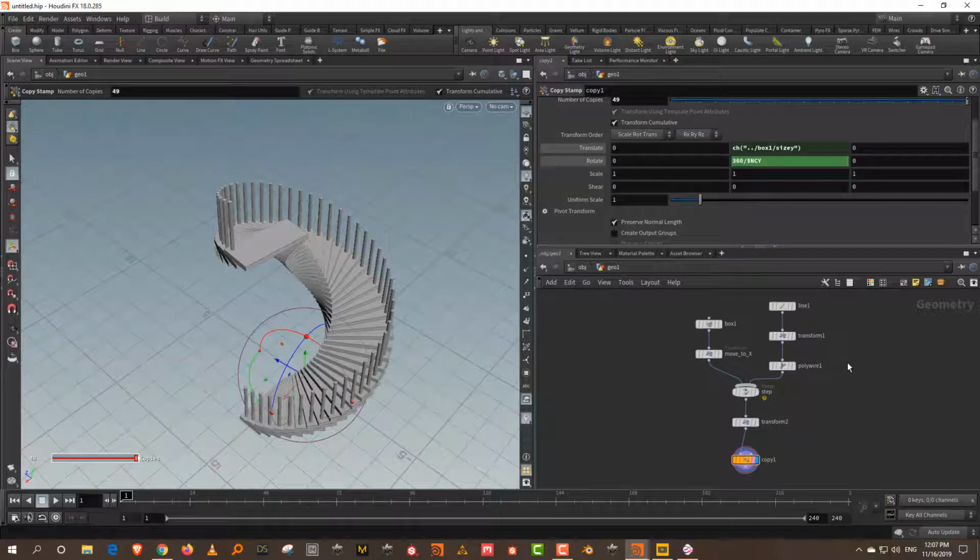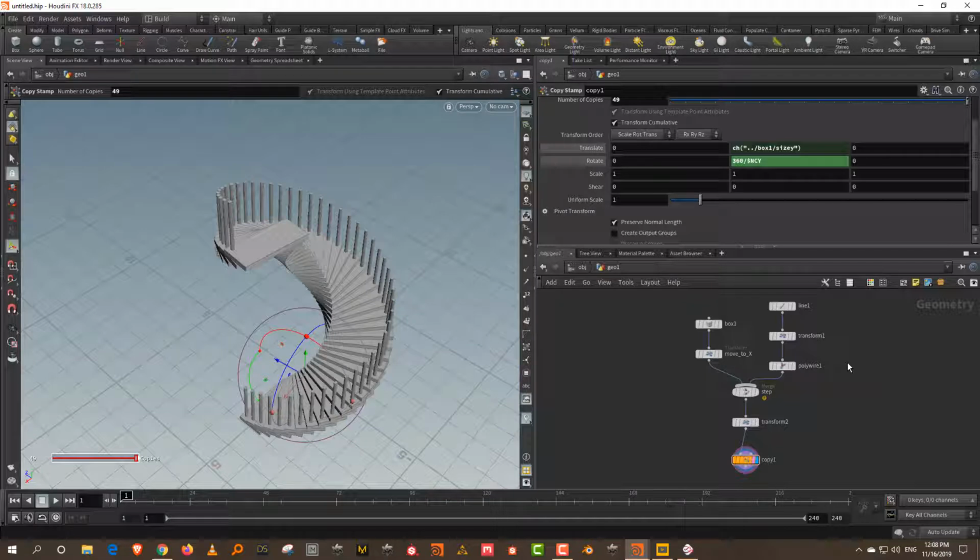So what exactly is an attribute? To keep it very, very simple, an attribute is a value. That's it. It's a value that is stored on either your points or your primitives or vertices. And you can use that value to modify or drive parameters, right? That's basically it. Attributes can be generated in an n number of ways. You can create your own attributes. There are some ready-made attributes that Houdini gives you that you can use. Or even when you do simulations, those can generate attributes.